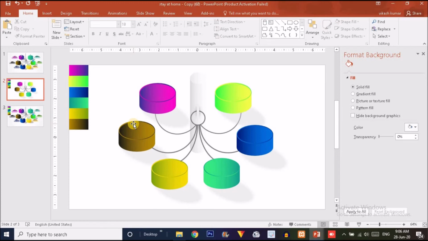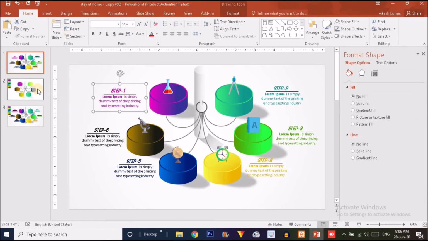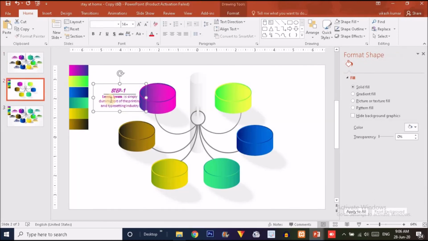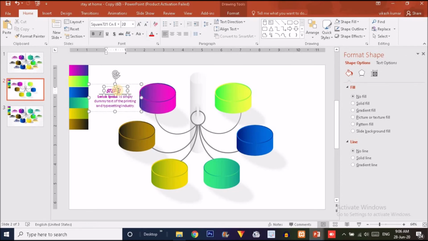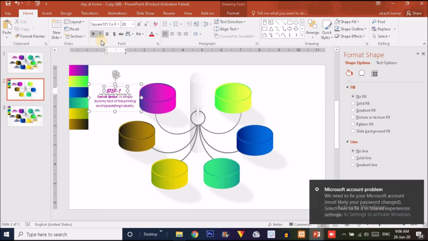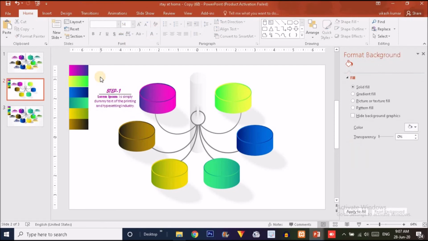So now we're done with the different shapes, and now it's time to add the text group over here. So I'm going to copy it and paste it over here like this. So now I will show you which type of text I'm using in this text group. So you can see I have used 721 cn and the size is 20, and for the body part I'm just using Calibri body and the size is 14. So that's all about the text group.